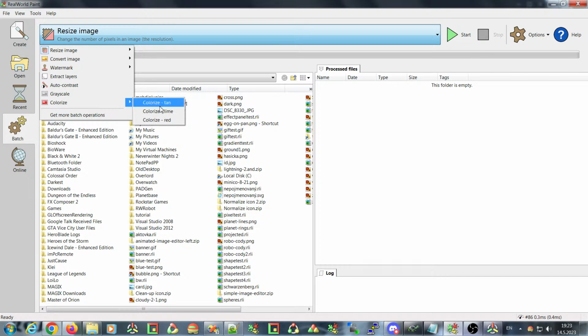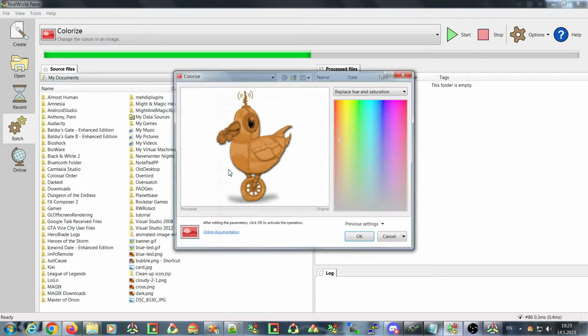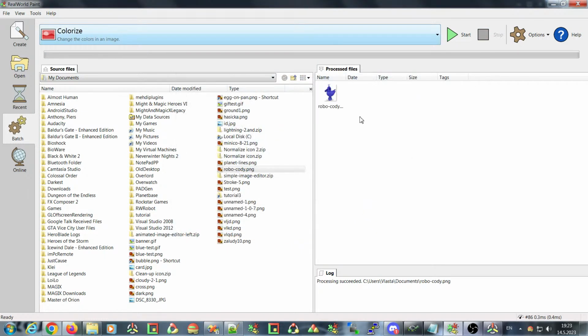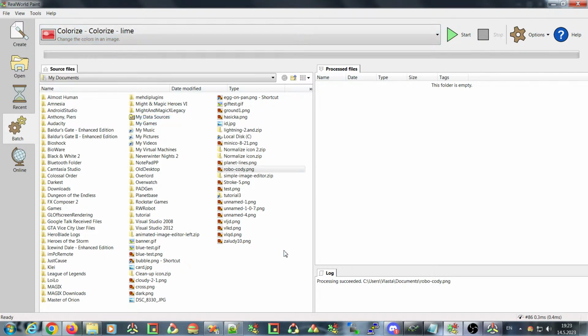And if you just select colorize and just apply it to some file, it will show you a user interface and colorize that image. And if you select, goes here, and you can see that the blue-gray color I have just selected was added to this list. And if you select one of these sub configurations and double click the file,